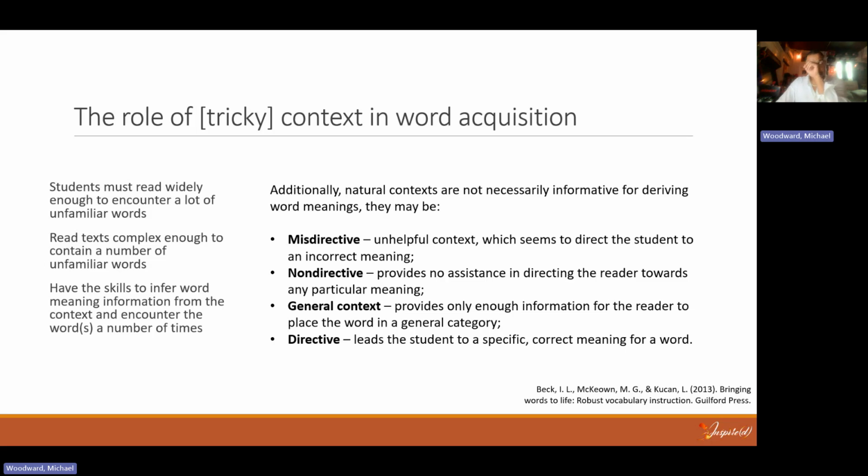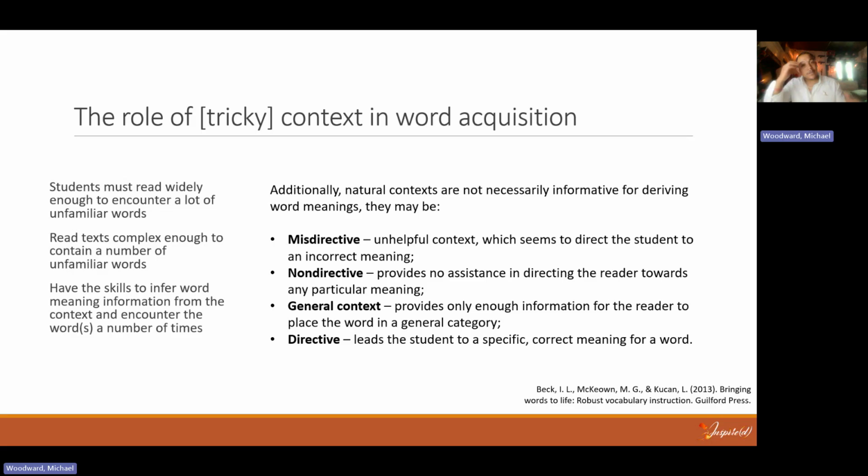So when we think of context clues and the acquisition of vocabulary, especially new and unfamiliar words, we think of the role of tricky context in word acquisition, the trickiness of it. We know that unfamiliar words and vocabulary present themselves in ways that are in and outside of the classroom. We think of the conversations that we have in the hallways with children, at the lunch table, on the blacktop, at the recess playground. What about the conversations with children that happen on standardized testing and assessments, criterion and norm-referenced testing?